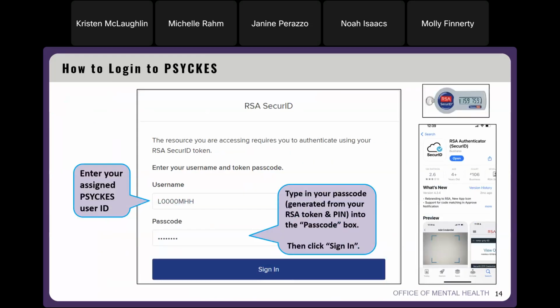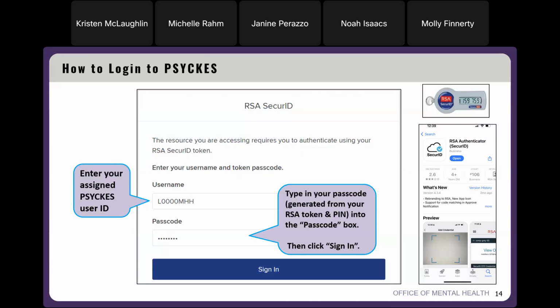From there, you'll enter in your username, which you will be provided when you were granted access, and then you're going to indicate the passcode. And this is the interesting thing for hospitals, right? Because there are some hospitals that have some restrictions in place because there's two different ways to get a token. So the most common way that most people get tokens is a mobile token. Why? It's because they have the ability to have it quickly pulled up on their phone and they can take it wherever their phone goes, which for most people is everywhere they go.